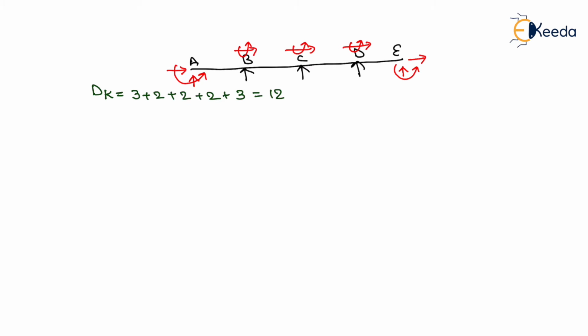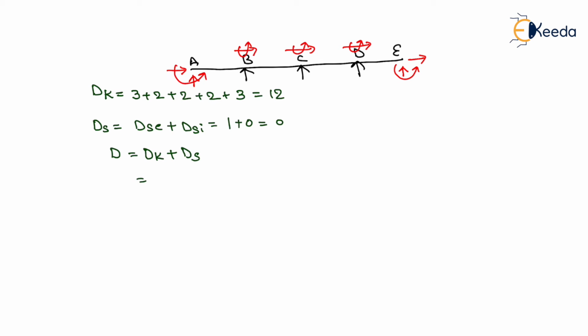Now we know the value of static indeterminacy. It will be the sum of external static indeterminacy plus internal static indeterminacy. In this beam, the external static indeterminacy will be equal to 1, because there are 3 reactions and 2 equilibrium conditions, and the internal static indeterminacy will be equal to 0. Now if we do the sum of these values, that is Dk plus Ds, then it will be the total indeterminacy of this beam.